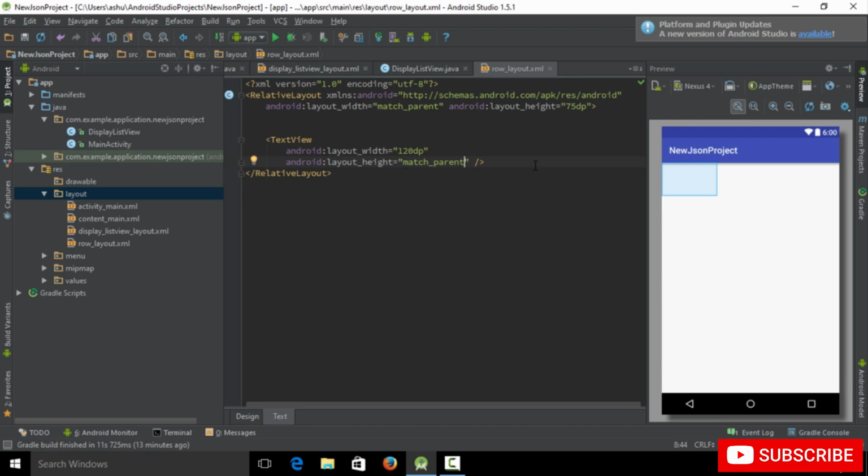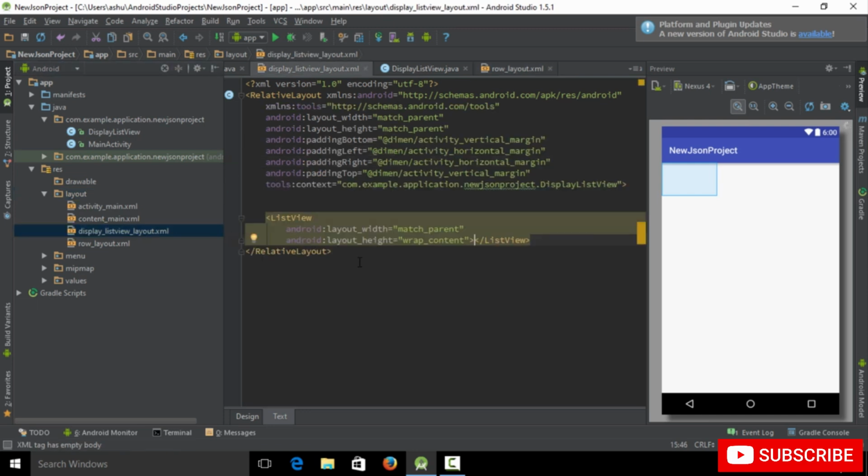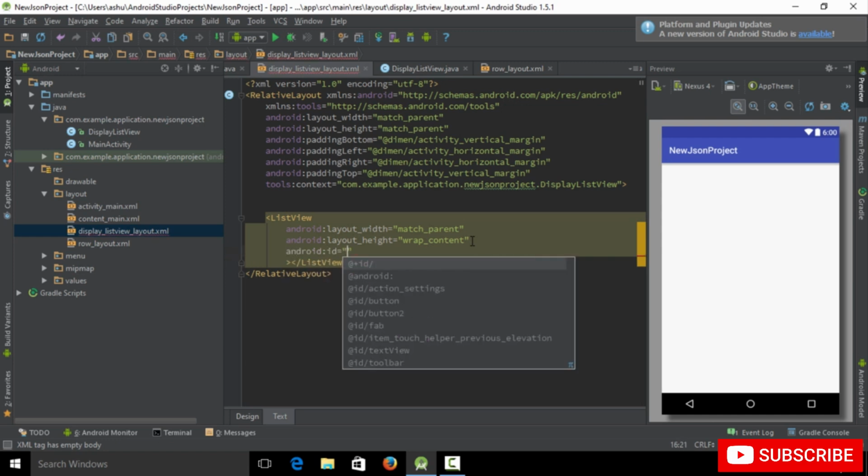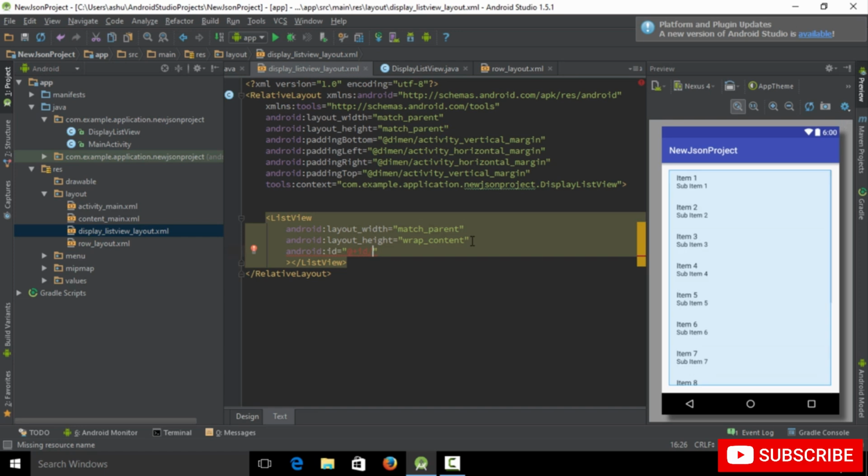So once we have added the text view, as you could see, this is our text view right here, and basically we have also created a list view. So this thing right here is our list view, and also we actually need to assign an ID to this list view. So we type android:id equals @+id, and let's assign the value as list view to this. So once this is done, we again switch back to the